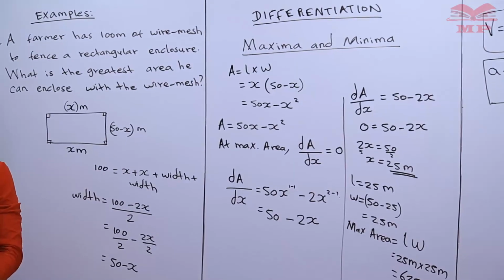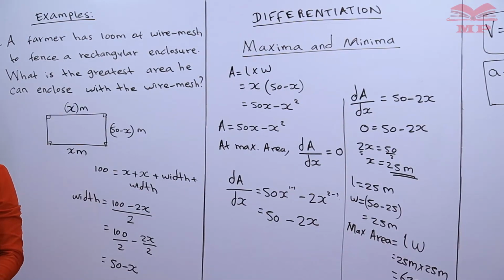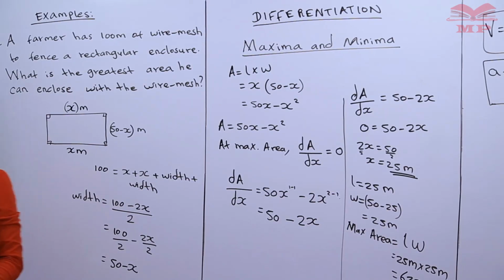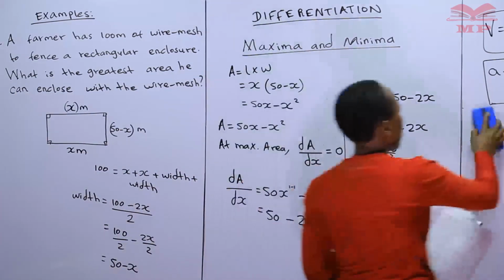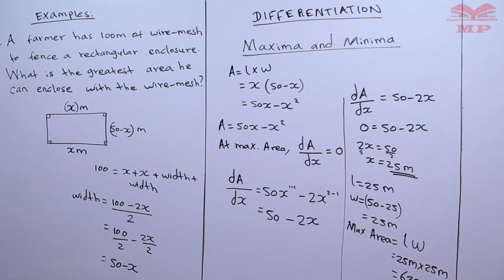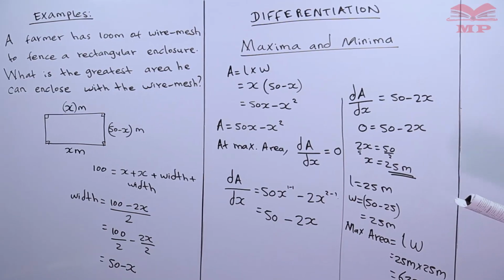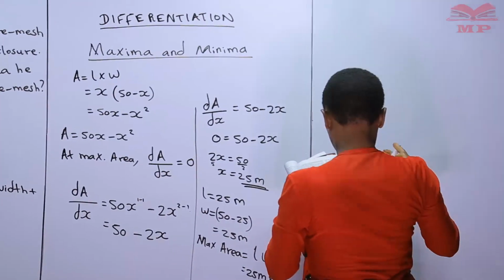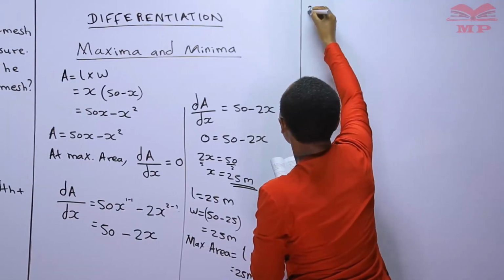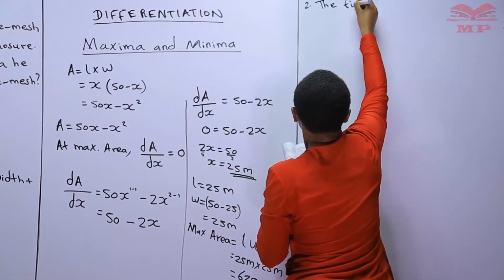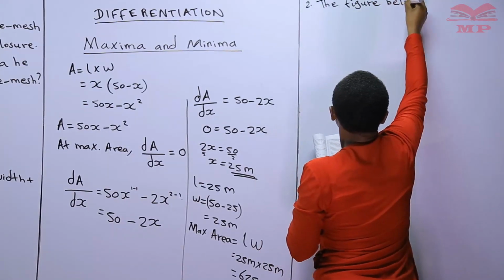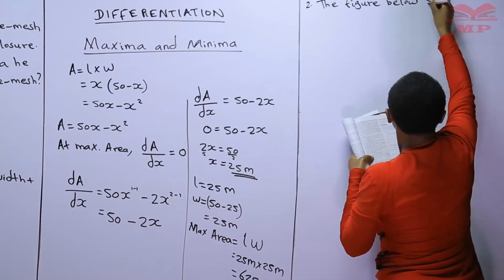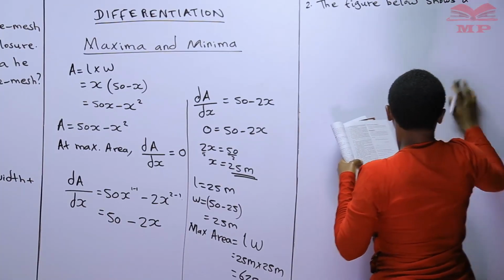Another question, again on maximum and minimum. We need to do another question. Question number 2, maximum and minimum. So we have the following. This is number 2. We have the figure below. The figure below shows a rectangular